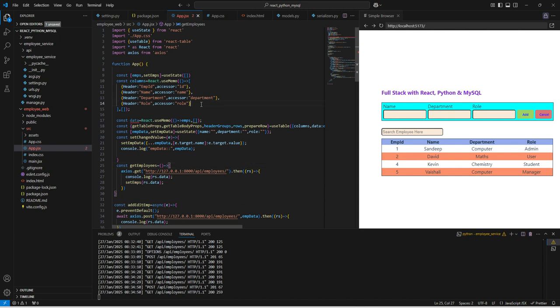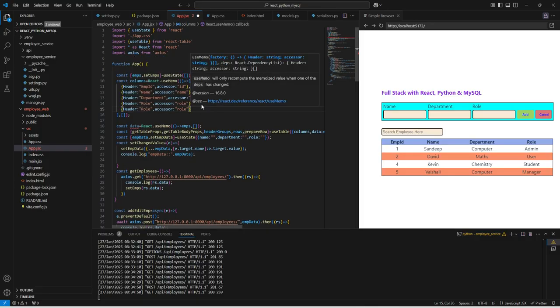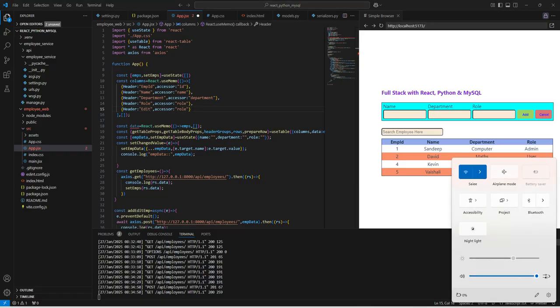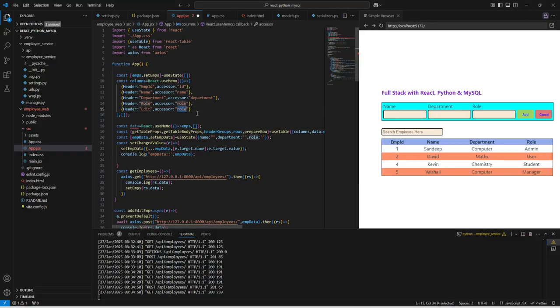So first of all we can go to this last column, last header, and here we can add one more header. So this is for edit, and here we can add one more id attribute. For id we can say it's for edit,